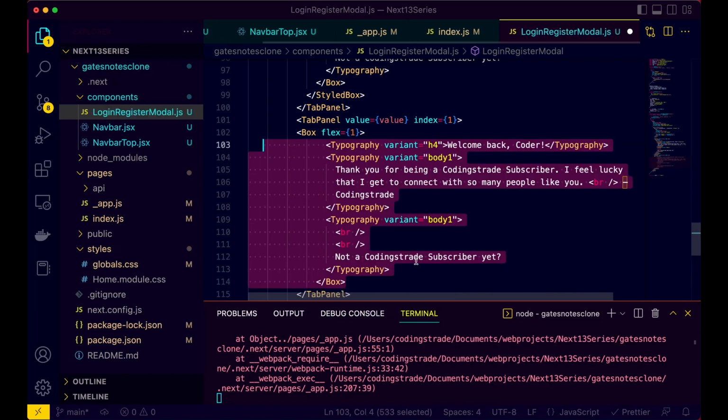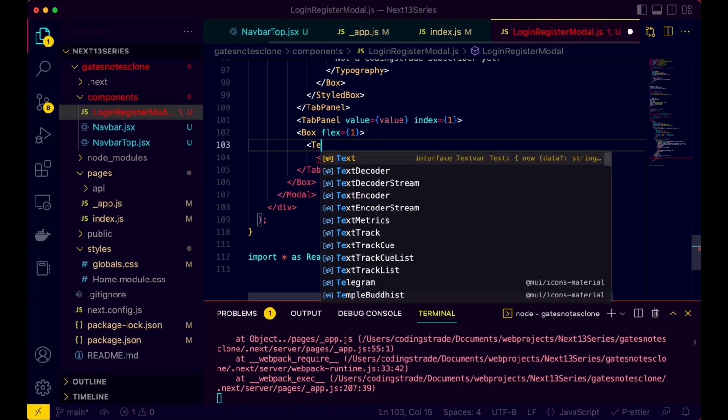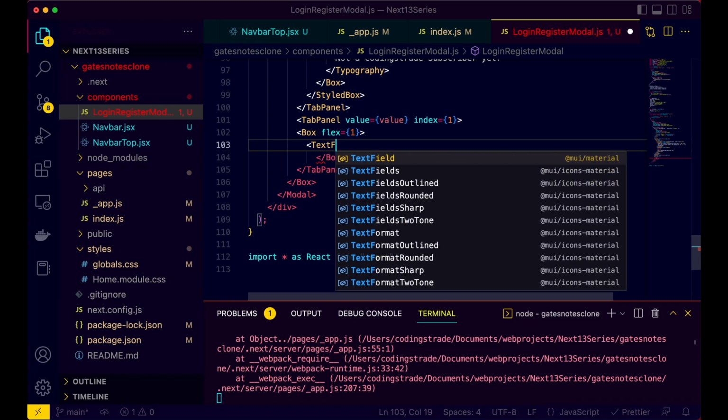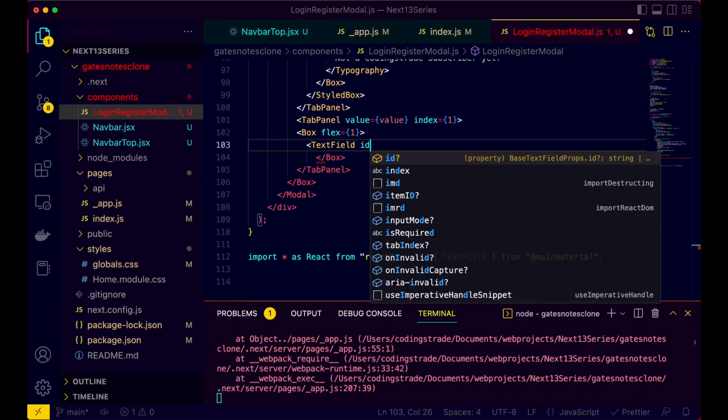I have removed the box also, so we just need to remove all those components, and now here we'll be using some text field. So on Material UI5 we are using text field as input. So for every input we need a text field. So here I'll say text field, and then we can give it some ID, or we can just go ahead here,